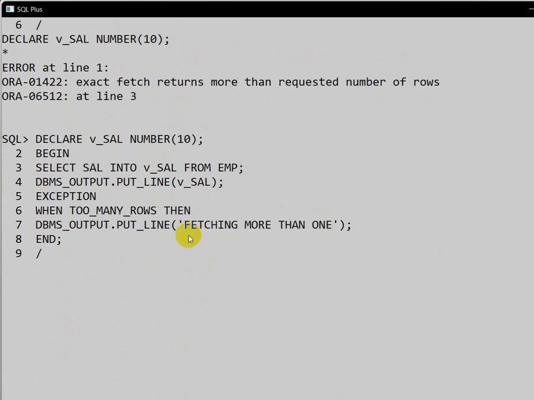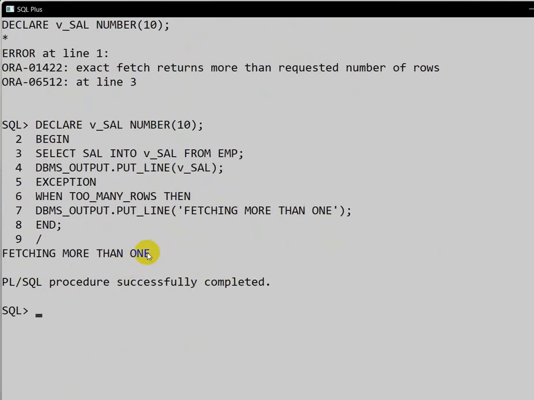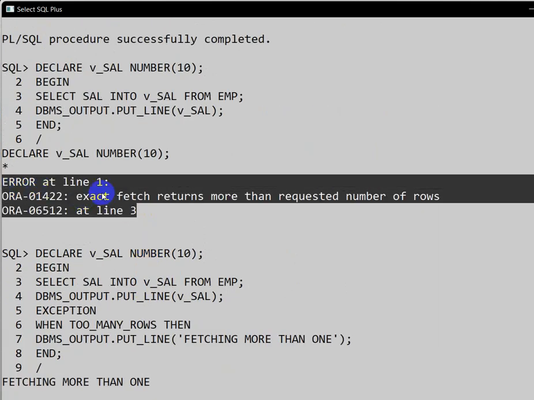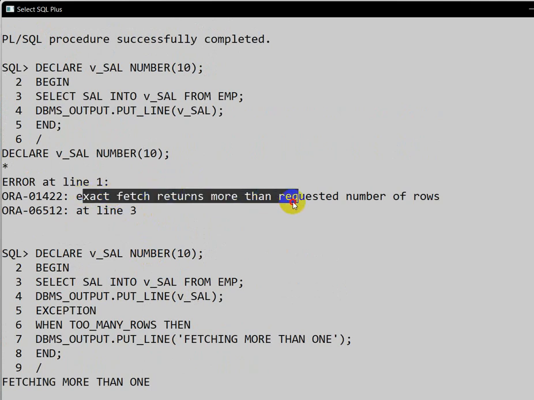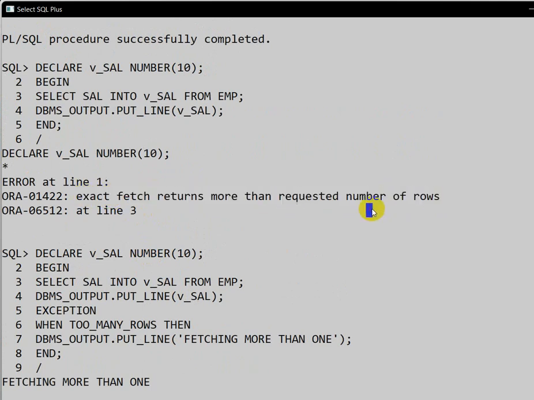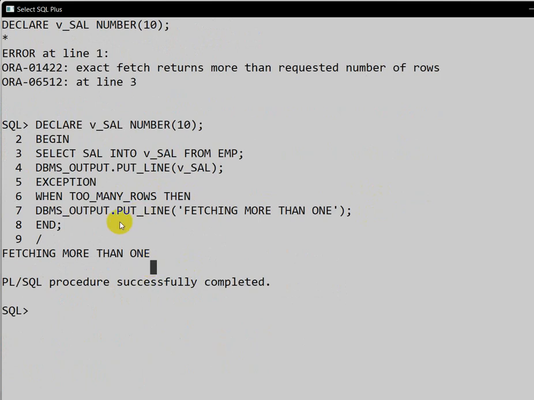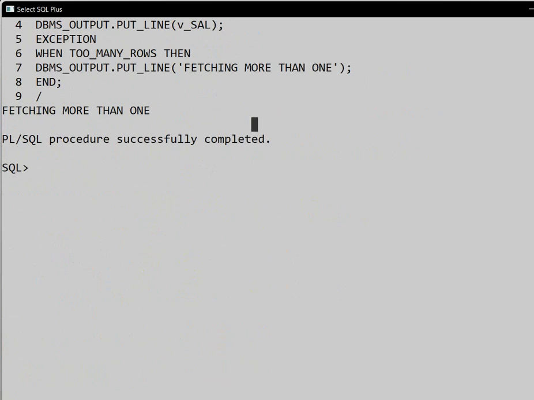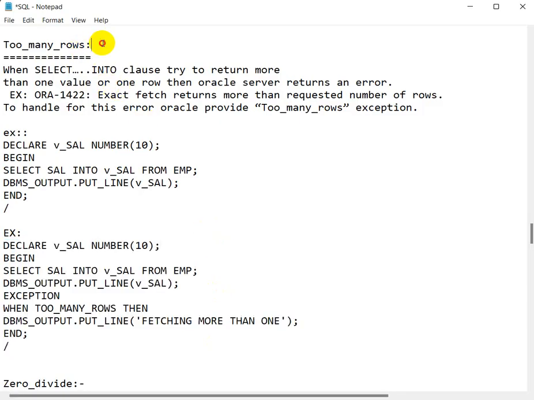So let us see, and here we can see "fetching more than one" we are getting. Earlier we were not handling the exception, so we got the error at line 1, exact fetch returns more than requested number of rows. But now we are handling the exception and we can give our own message, fetching more than one.